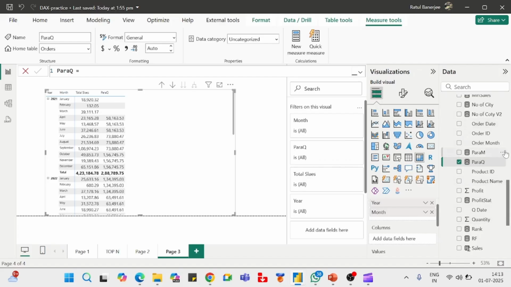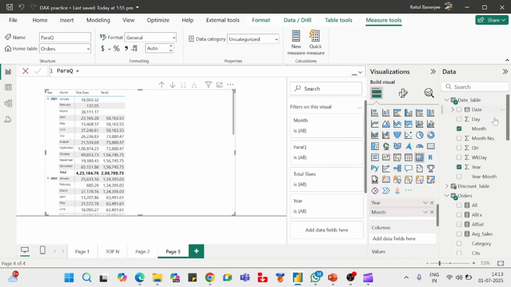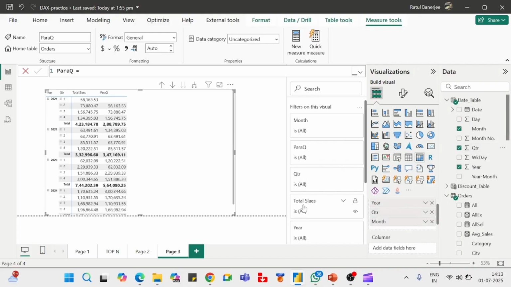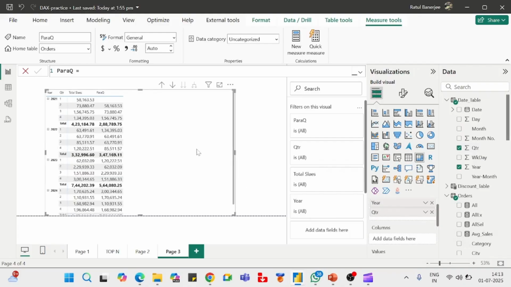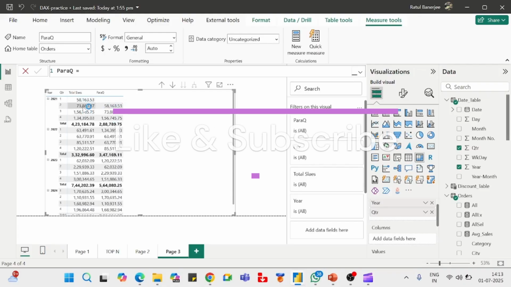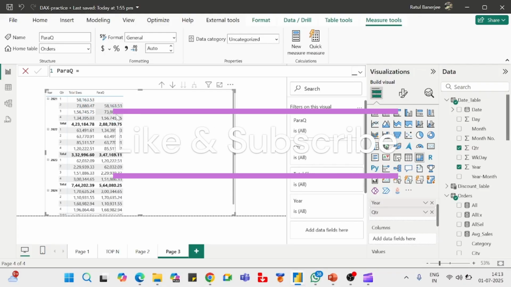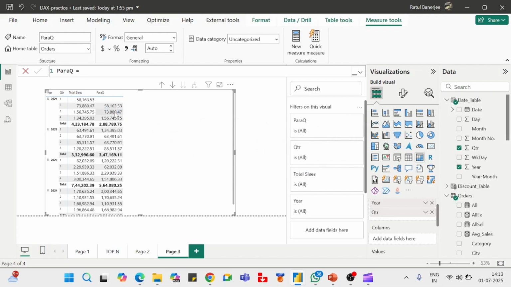So suppose we are taking quarter over here, so you can see quarter, we are getting the last quarter data. So this is the quarter 1 data which is coming over here in quarter 2, and this is the quarter 2 data which is coming here in quarter 3. So this way